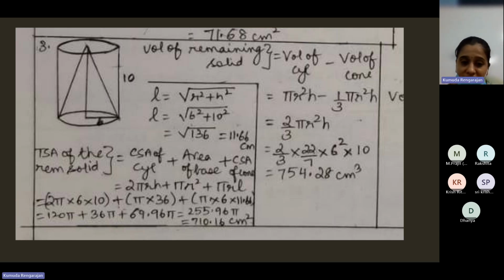Oh, no, but this expression you wrote correctly. CSA of cylinder. Okay. So when you remove a cone from a solid cylinder,